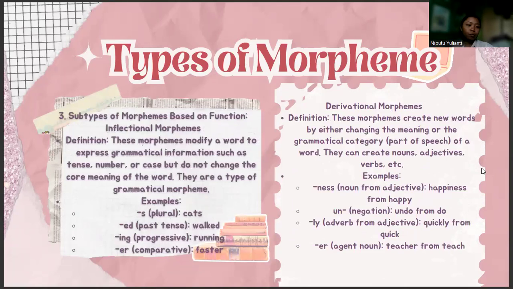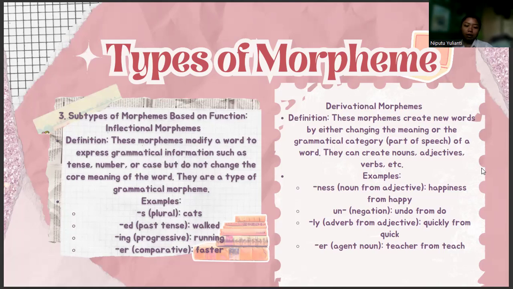for subtypes of morphemes based on function, the first one is inflectional morphemes. The definition: these morphemes modify a word to express grammatical information such as tense, number, or case, but do not change the core meaning of the word. They are a type of grammatical morpheme. For example, the ending -s, plural, cats; the ending -ed, past tense, walked; the ending -ing, progressive, running;